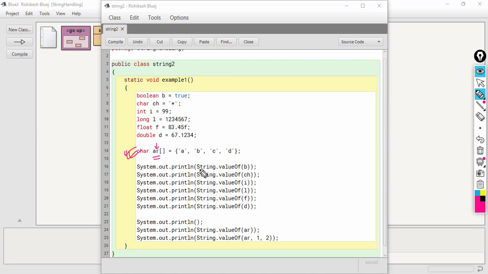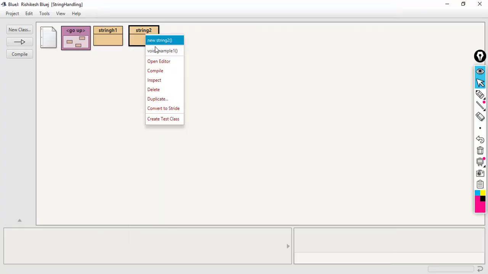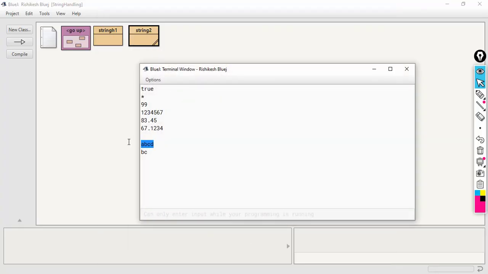The name is ar. So I am passing that ar to this valueOf. What it will do is combine all the character values into a single string. So the output will be the string "ABCD". If you see the output, the answer is ABCD, as you can see here.